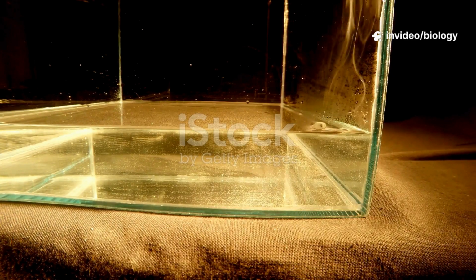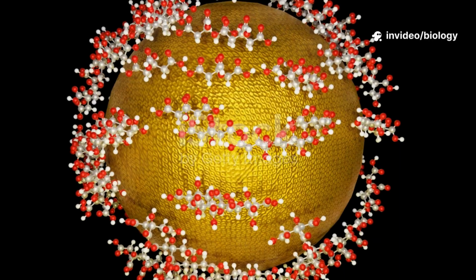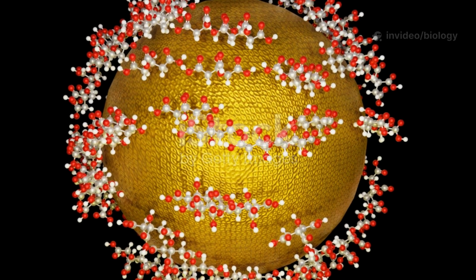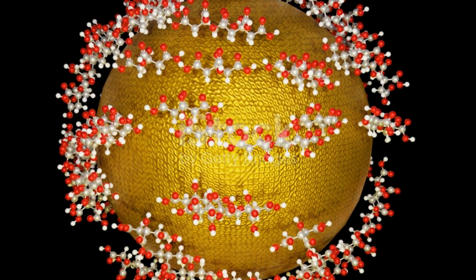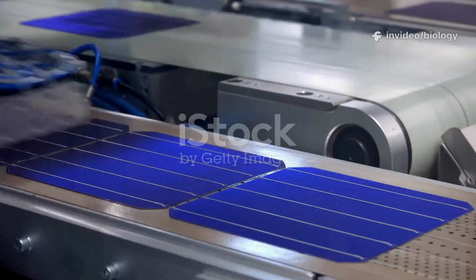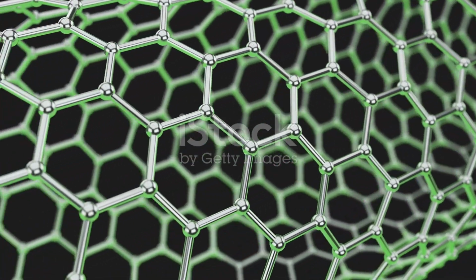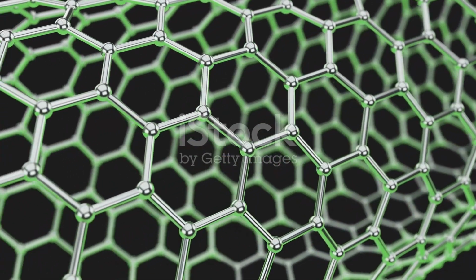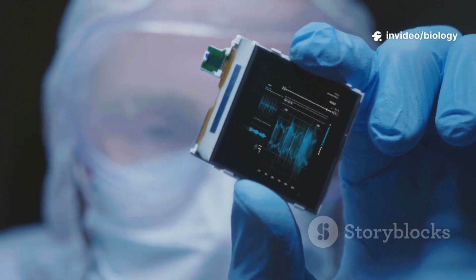Optical properties. Nanoparticles can interact with light in unique ways. For example, plasmonic effects in gold and silver nanoparticles allow for strong absorption and scattering of light at specific wavelengths, used in sensors, imaging, and photothermal therapies. Quantum dots emit specific colors of light when exposed to UV light, useful in LED displays, biological imaging, and solar cells. Electrical conductivity. Carbon nanotubes and graphene exhibit exceptional electrical conductivity, making them suitable for advanced electronics, flexible devices, and